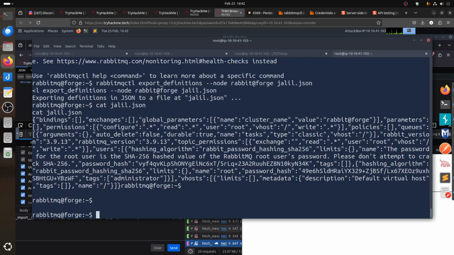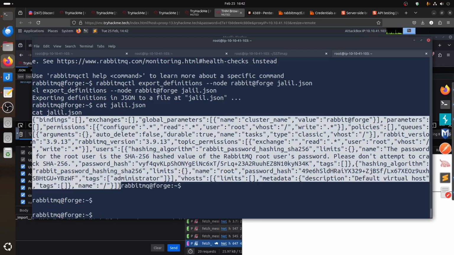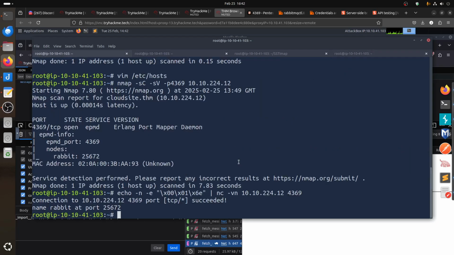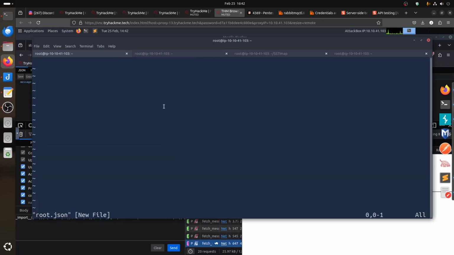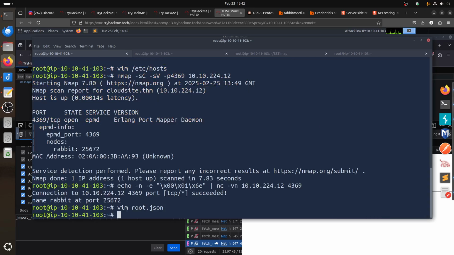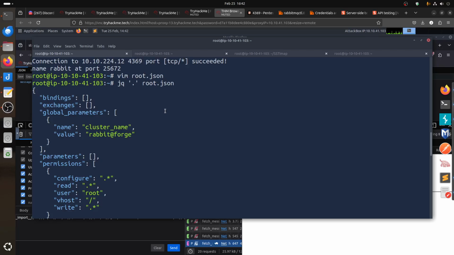It's a JSON file. Let's do this. Copy this so you can see it clearly. We can go back to the attack box. Where is our attack box? Let's call it from the JSON. Paste this there, and we can just use jq to beautify the root JSON. Now if we read this,